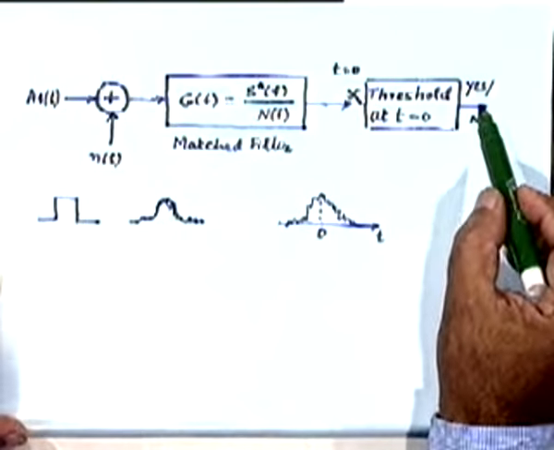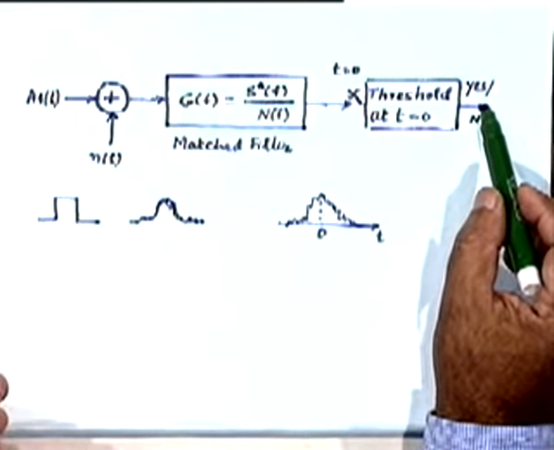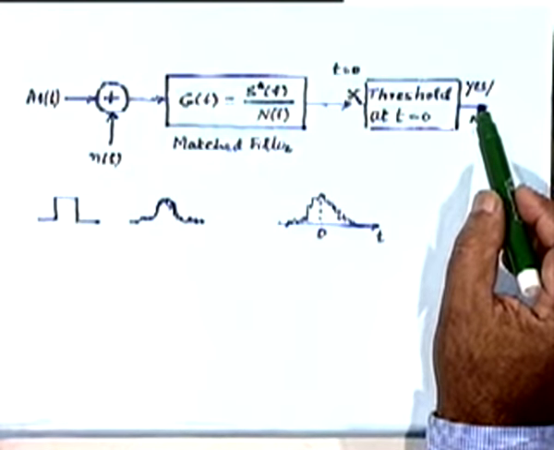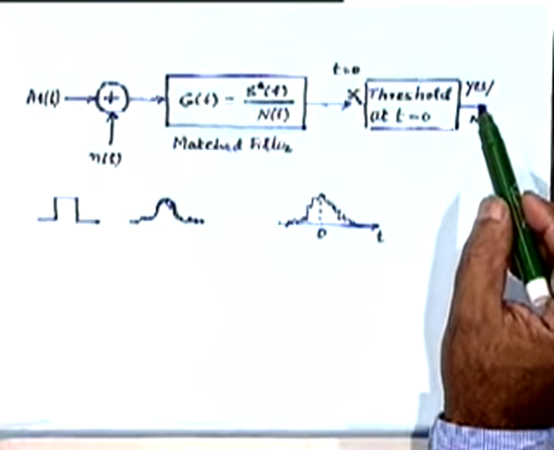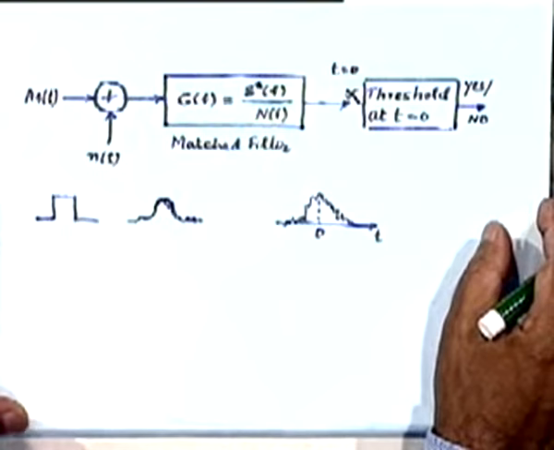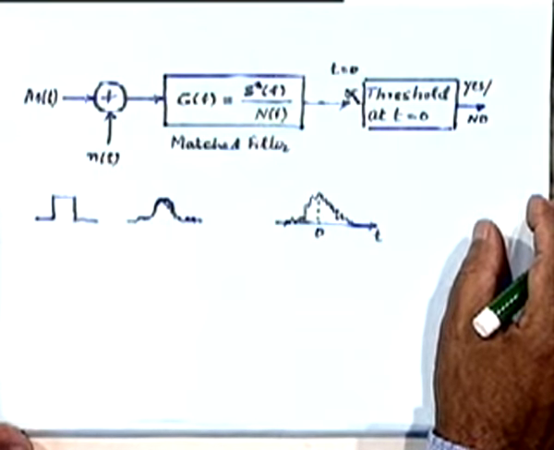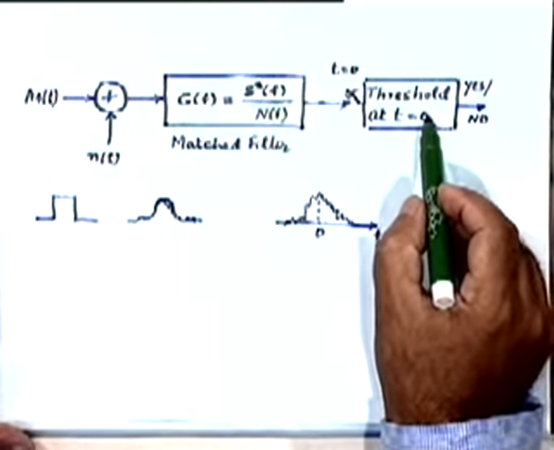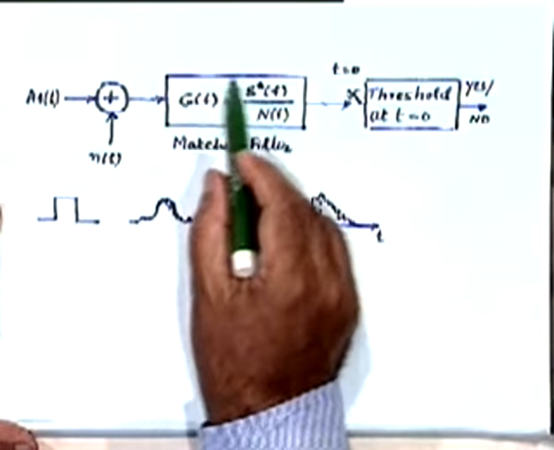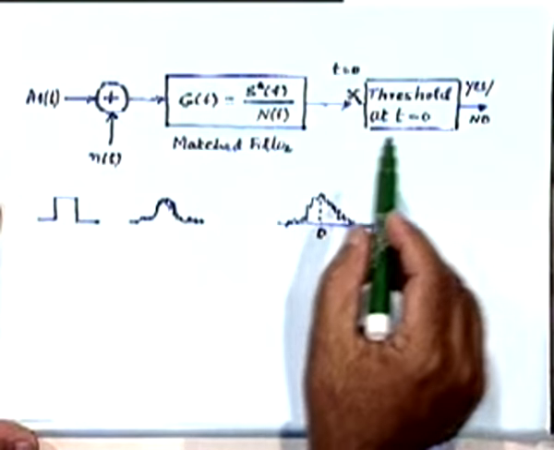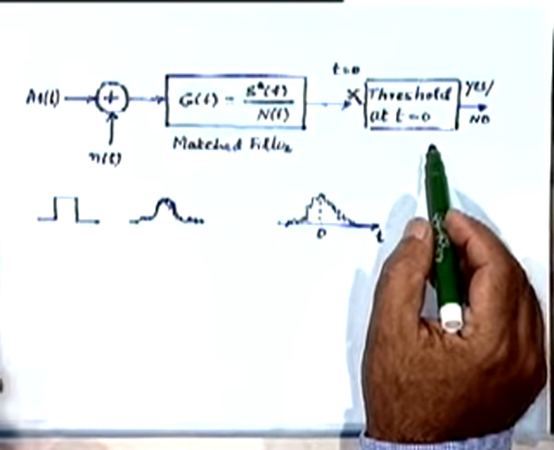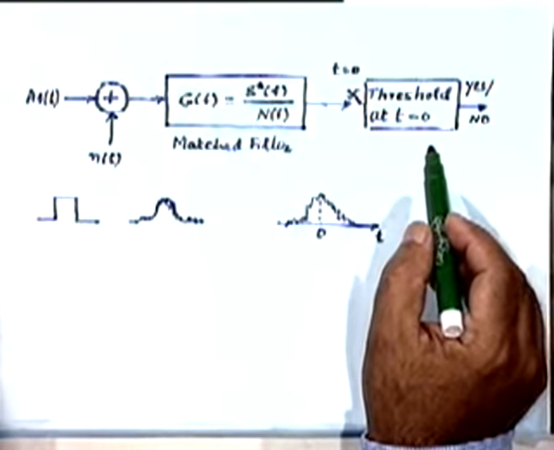Okay? If the output value is below a certain threshold value that you have decided earlier, then you can say that there was no pulse present. If it is above that value, we can say with some level of confidence that it is due to signal, right? This output is due to the signal. Therefore, the complete receiver design, really speaking, not only involves using this kind of a matched filter, but also deciding on a suitable value of threshold, because that is going to affect your performance quite significantly.